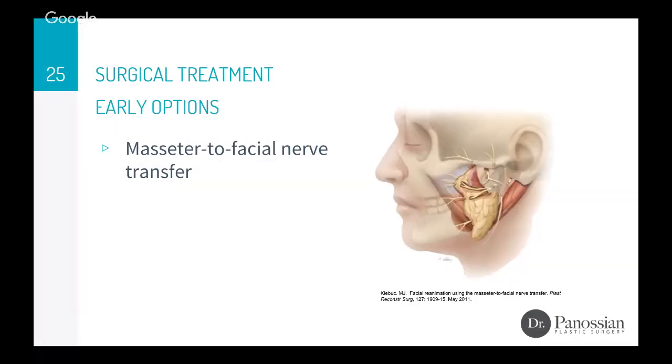So this is an example of a masseter to facial nerve transfer, as demonstrated by Klebuck in PRS in 2011. He shows here where approximately the masseter nerve emanates from the sigmoid notch of the mandible and travels into the deep surface of the masseter muscle itself. It is a dually innervated muscle, whereby we can sacrifice one of those branches and deliver a very solid innervation into the